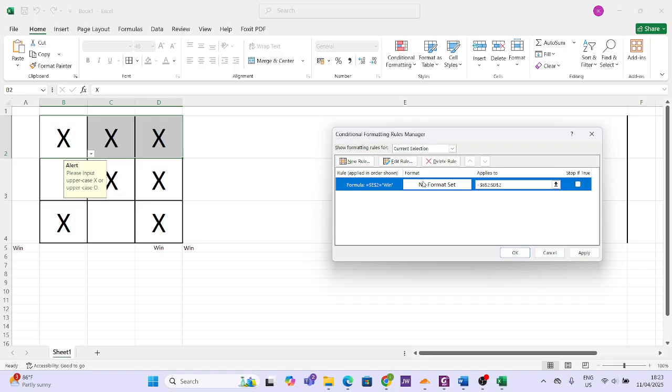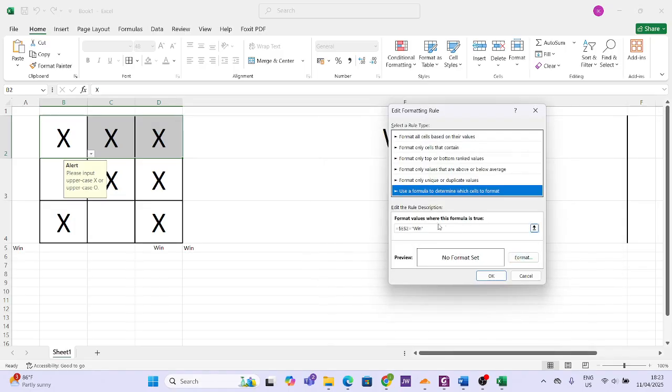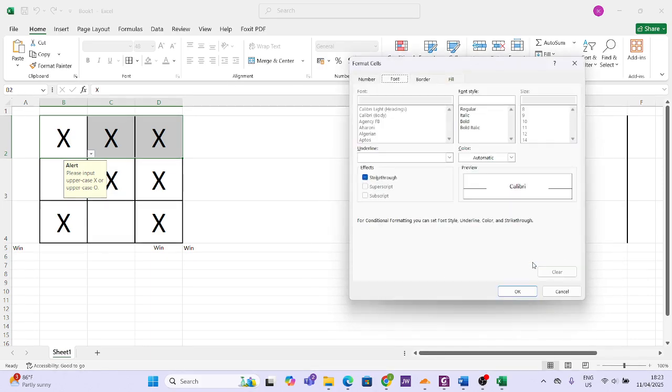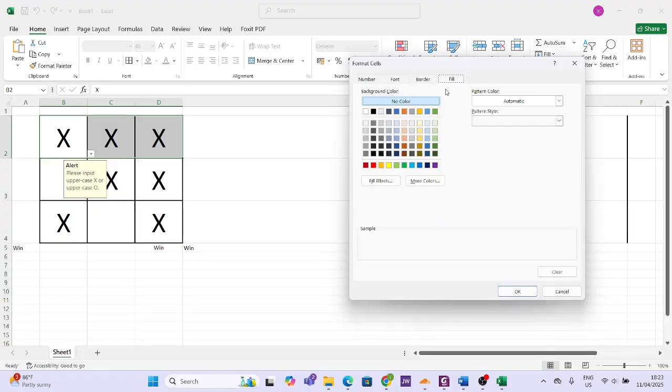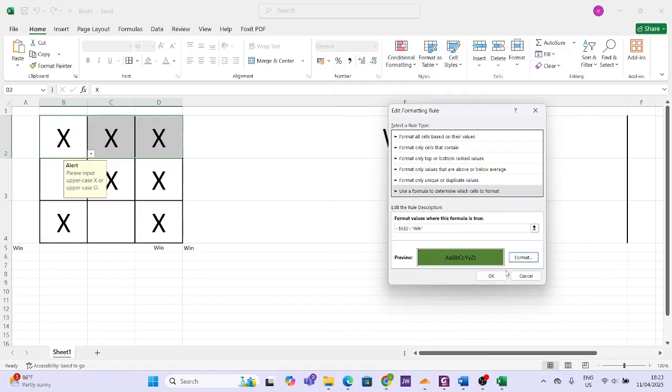And I didn't apply any format, did I? So let's go back and edit this rule. And now once I've typed this one, if E2, which is here, is equal to win, then format it this way. So you click on format, and then what do we want to do? We want to fill it with what? Color green. We say okay, and okay,